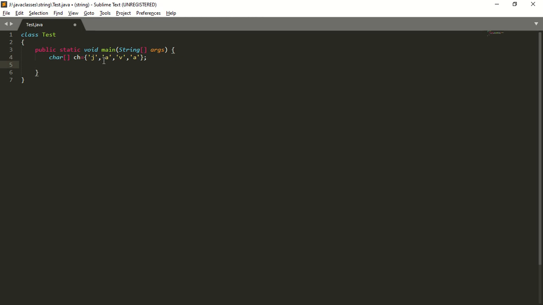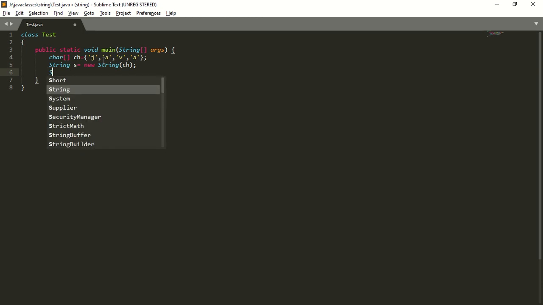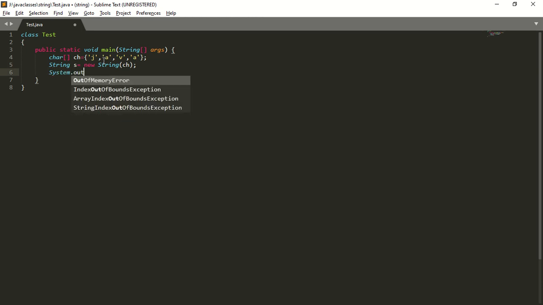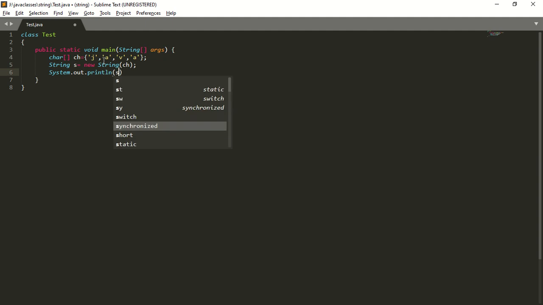This was our character array. So I want to convert this array into a string. String s is equal to new String of ch. Next, System.out.println of s.